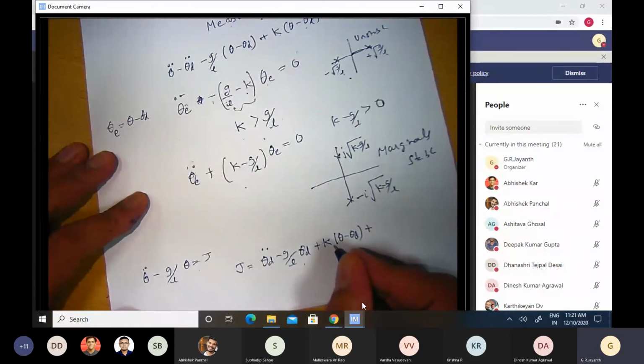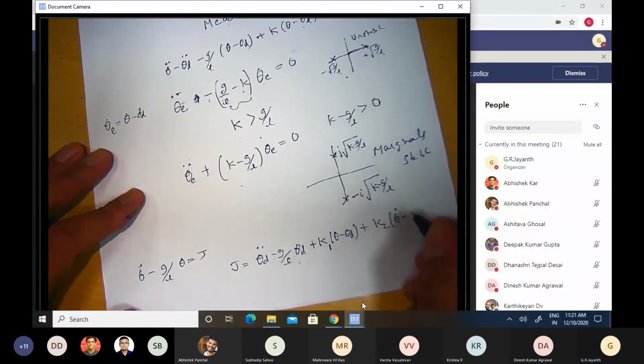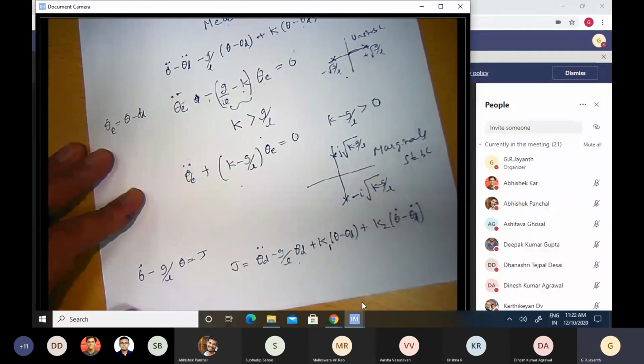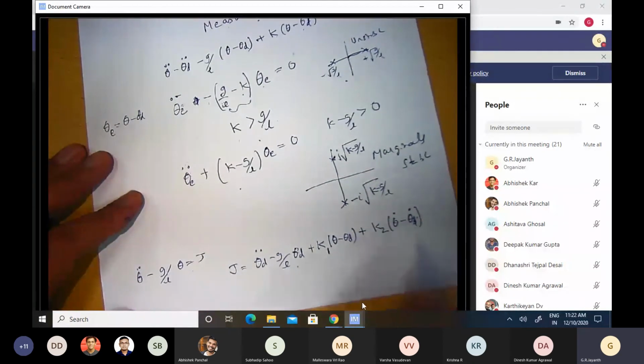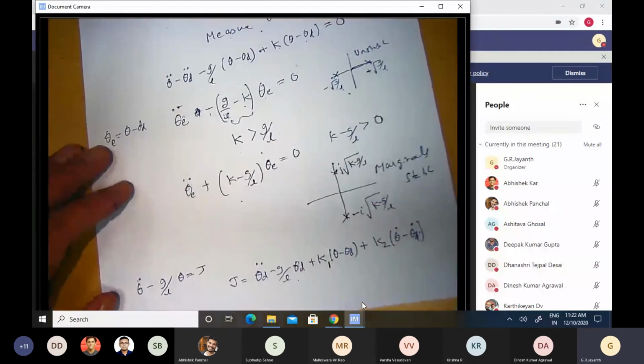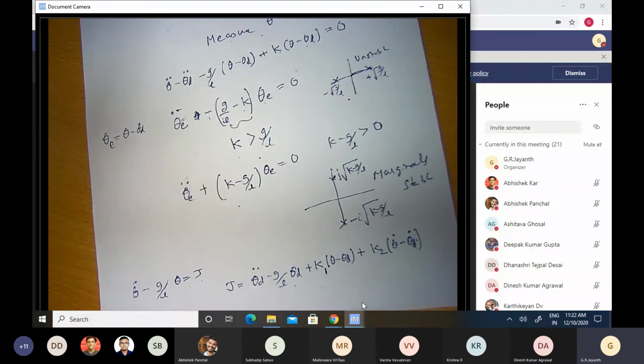So let us say I call this k1 and k2 theta dot, and I shall add another extra term to the torque which is proportional to the error between the actual angular velocity and the desired angular velocity at that instant of time. Let us say I add that extra term to my torque as well. I compute this torque and I apply it to my physical system. I apply it to my pendulum. What do I get?